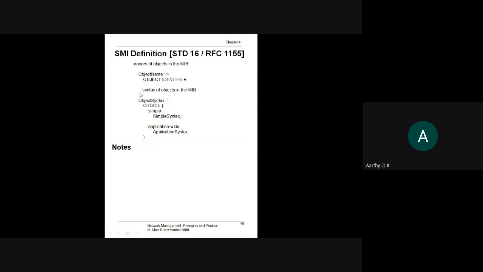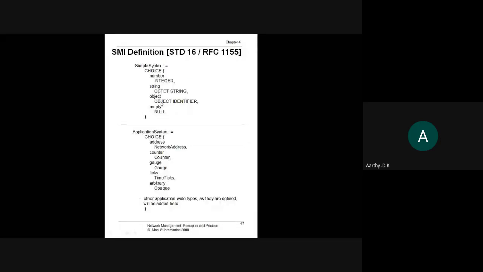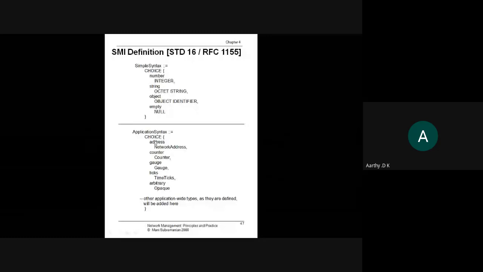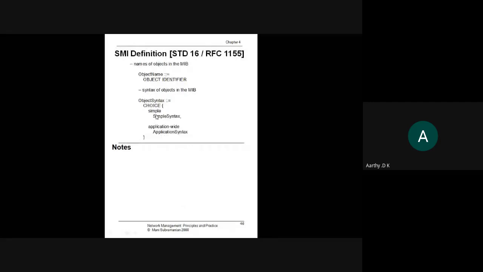So the syntax that this object will follow can be either simple or application. What the simple will be, you will have to specify. The simple will have either integer, octet string, object identifier, or null. If it is application specific, then what will that contain? Everything is a choice. Choice means only one will be applicable. I hope you can correlate what I am saying. Every object will have a name and will follow the syntax.